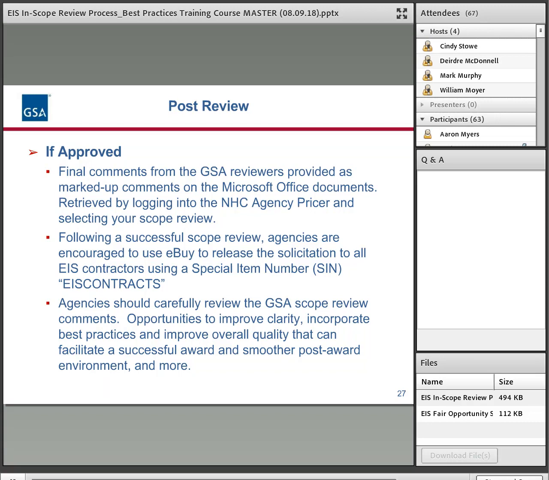It's helpful comments telling you basically whether it's in scope or not. But the better solicitation you have, the more likelihood you're going to get quality proposals back and eventually get the requirements you need when you make an award.